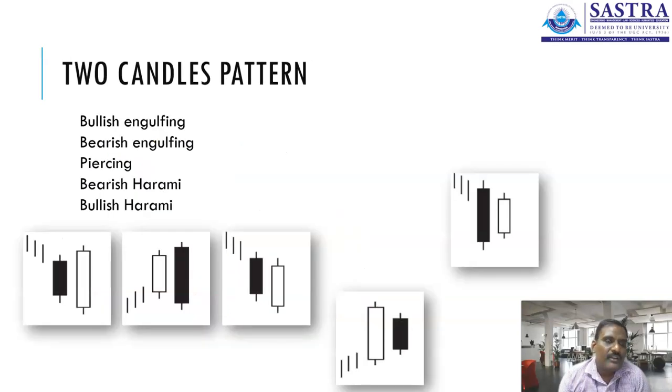The second one, two candle patterns. The patterns are classified as bullish engulfing, bearish engulfing, piercing, bearish harami, and bullish harami. These are the 5 different patterns we can use to understand the market. The first one, bullish engulfing, results in positive changes. You can take the preceding days